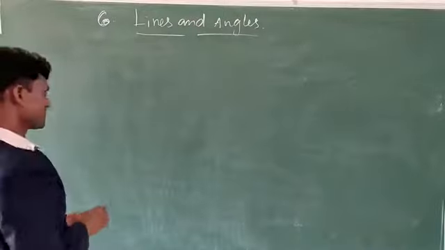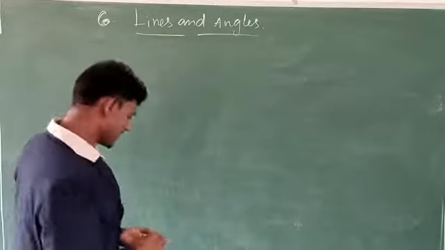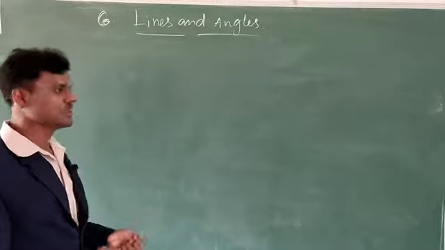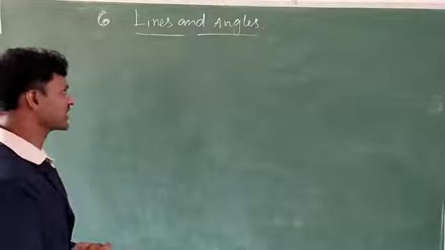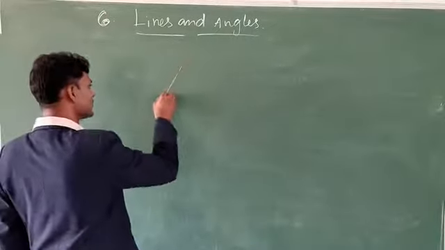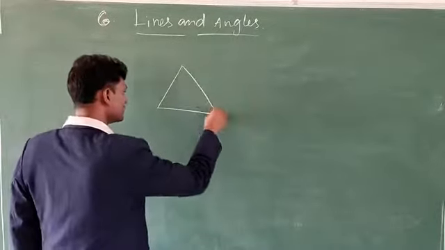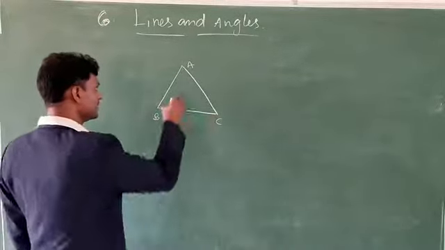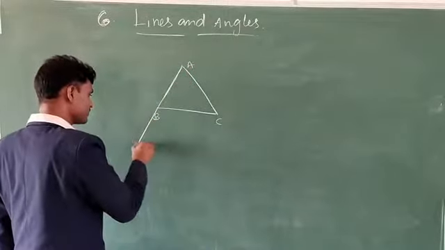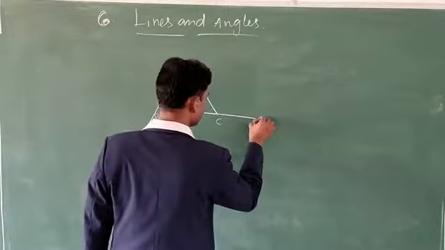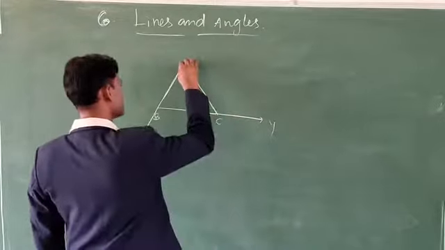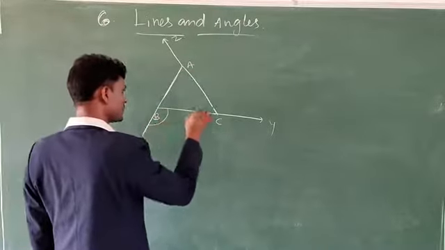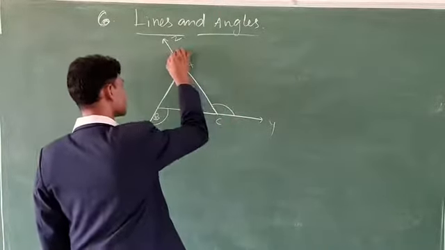Now we have to discuss exterior angles and interior angles. The sum of the interior angles in a triangle is 180 degrees, we know that now. Now the sum of the exterior angles in a triangle is equal to how many degrees? See, I draw a triangle ABC. Now you can extend AB up to X, BC up to Y and CA up to Z. Now this is the exterior angle, this is also an exterior angle, this is also an exterior angle.